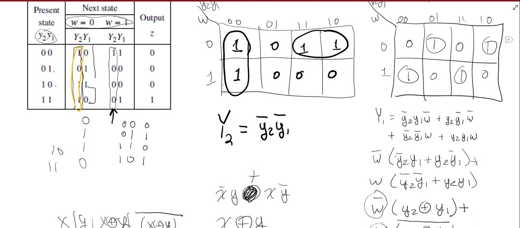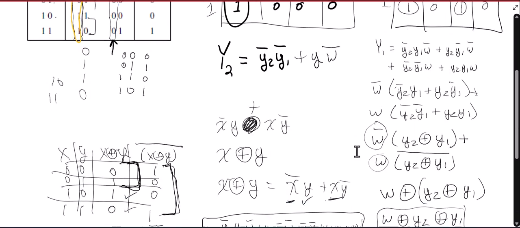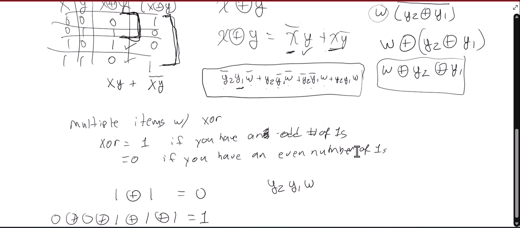I think I wrote y2 bar y1 bar, but I don't think I wrote the second term in it. The second term is y2, where y2 is 1, and w bar. So when I go to draw the circuit coming up,